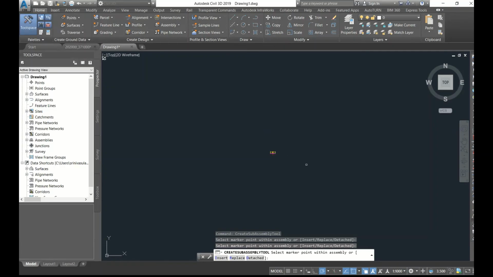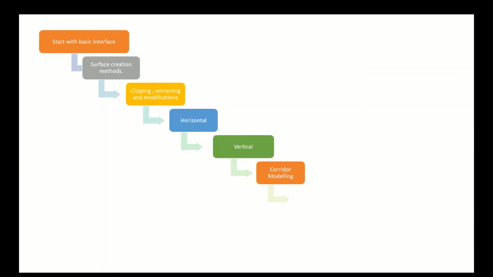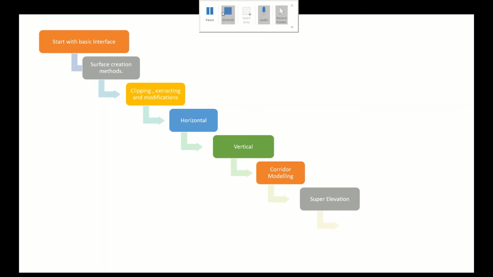Okay, so once you have done that, what you have to do? Once you have done the corridor modeling, you can create corridor surfaces also. Recently I uploaded how to create a surface, means proposed surfaces from the corridor. So once the corridor we have done, we have to do the super elevation part. Okay, you have to learn super elevation, how to apply super elevation to the assembly, means whatever corridor you have run, based on the horizontal curves and then speed. So that part you have to learn.